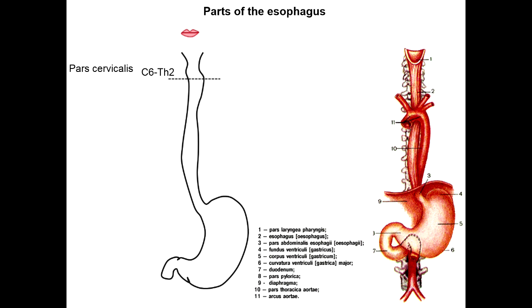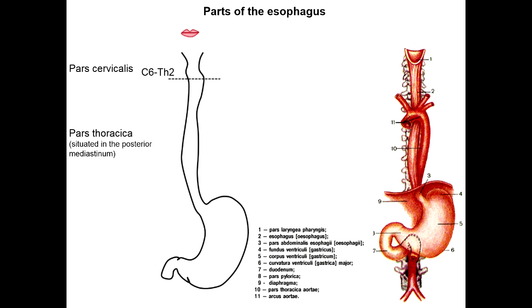We know that the pharynx, the laryngeal part of the pharynx, is finishing at the level of the 6th cervical vertebra. That means that from the 6th cervical vertebra to the 3rd thoracic, this part is the cervical part of the esophagus. It's quite short,